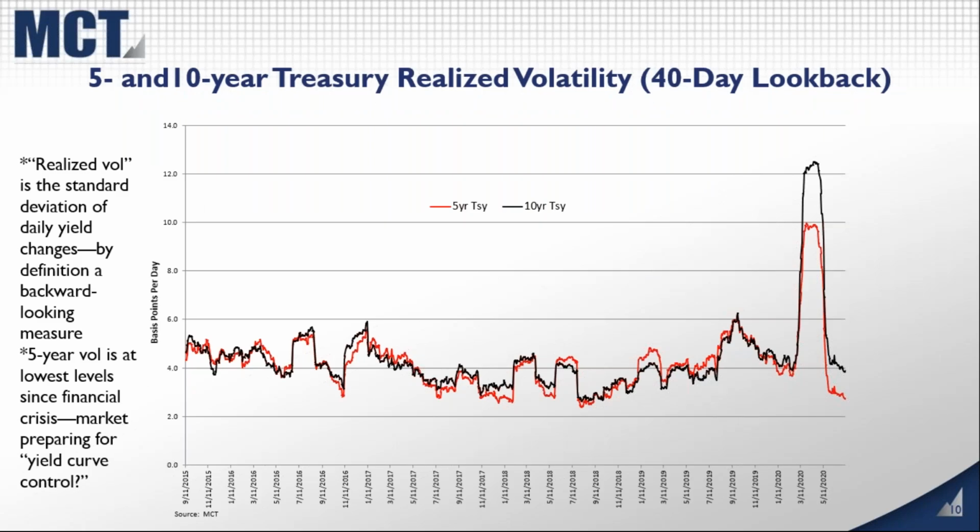This actually shows the 5 and 10-year Treasury realized volatilities using a 40-day lookback. And it's interesting in a couple of ways. The main thing here is you see the red line is the 5-year Treasury, and you can see that the 5-year Treasury realized volatility is extremely low, basically plumbing the all-time lows seen for the 5-year Treasury. And I think that also goes back to the possibility of the Fed instituting yield curve control and basically capping yields up to the 5-year at a certain level as part of the overall quantitative easing that they're doing, trying to support the economy through the current difficulties.